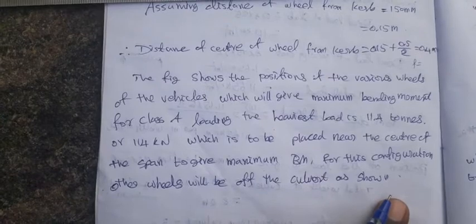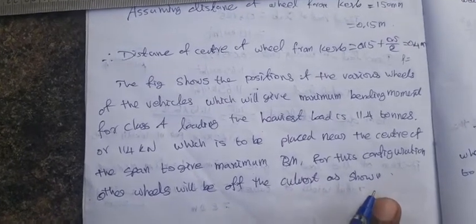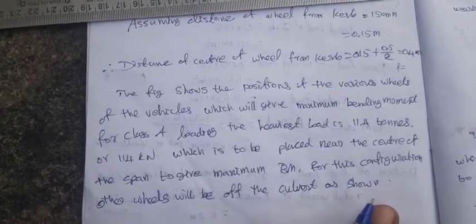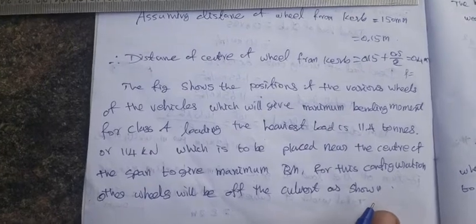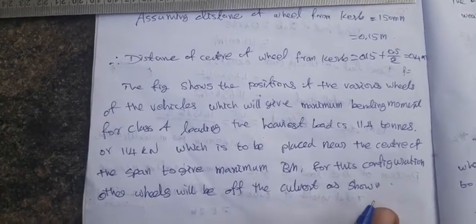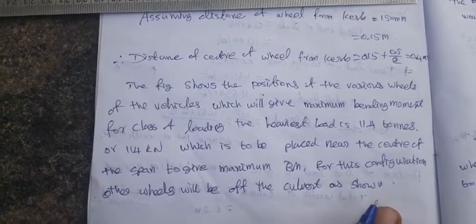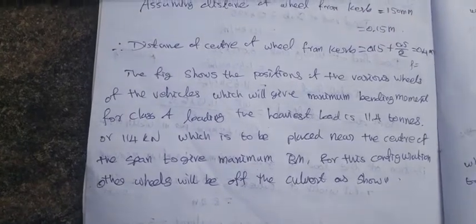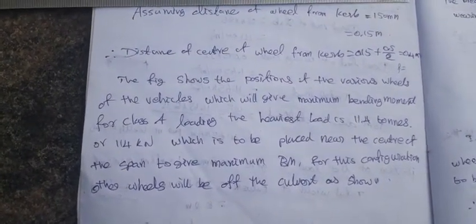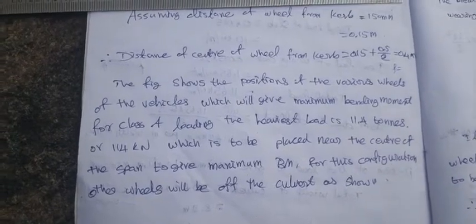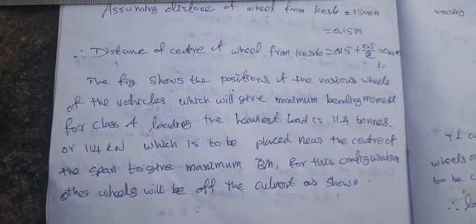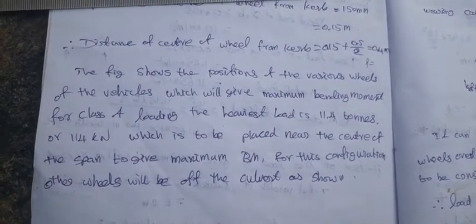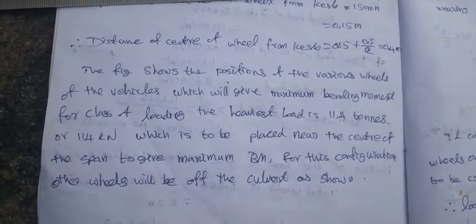So we know from the ILD, influence line diagram, for moving loads we need to find the points of maximum bending moment occurrence. From the simply supported case, we know the maximum bending moment will always occur at the center, whenever the heaviest load moves along the center. That's the rule from the influence line diagram. So for a simply supported beam, the maximum bending moment always occurs under the loads, as we already know. So by these conditions we should find the exact placing of the 114 kilonewton heaviest load that is nearest to the center.